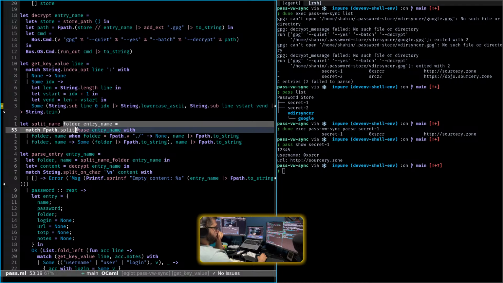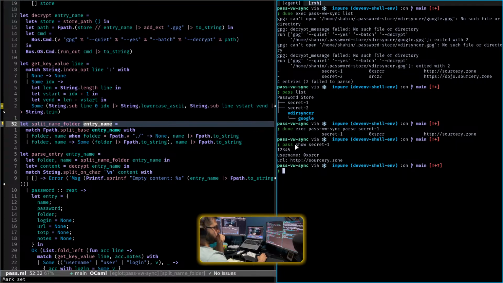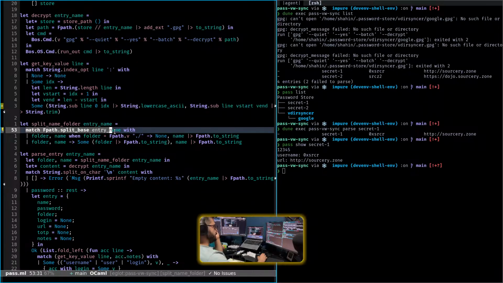And this is the first place actually where using fpass as entry point proved to be more useful than having a string everywhere. So here the entry name itself, the secret one, is also an fpass. If somebody asks, for example, for b directory syncer Google my secret, it will arrive as an fpass object, and fpass type, no object. And then I am splitting the base, basically the entry's name, and then